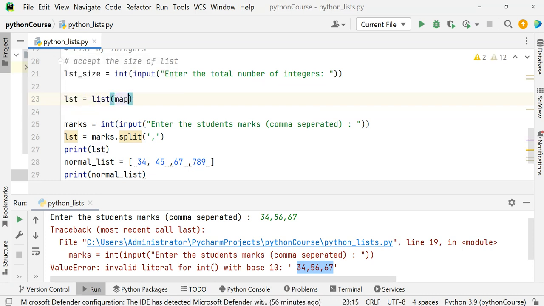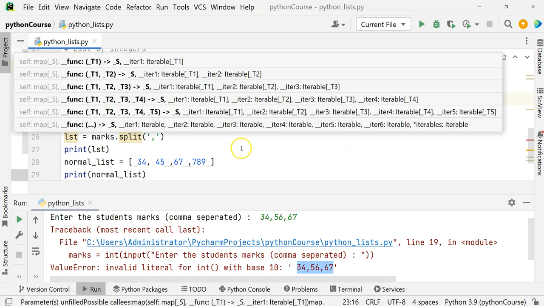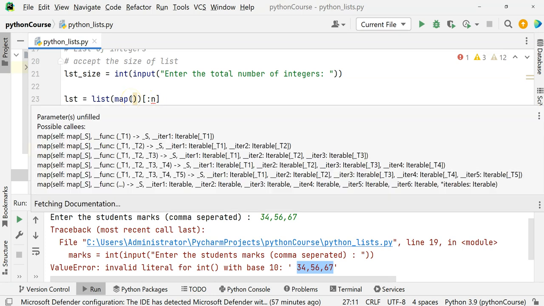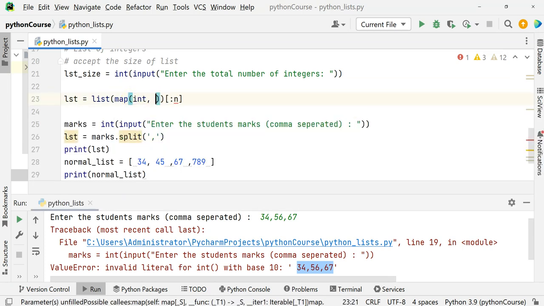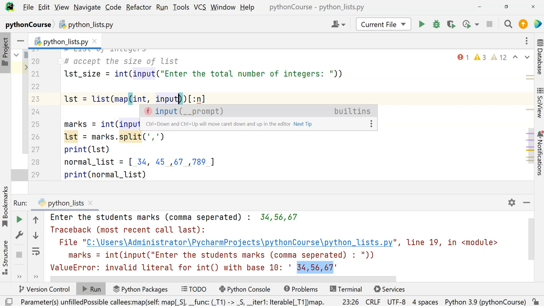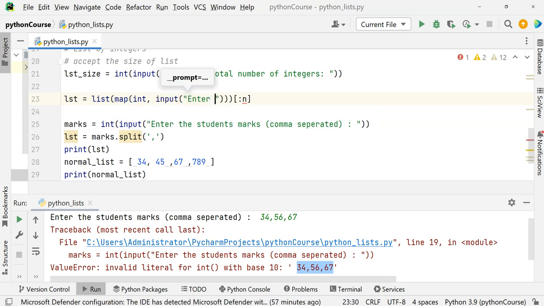Now the list is going to be what? A map. Correct. A list is going to be what? Map. And then this list will have the dimension what? 0 to n. This is a list. Let me show it like this. This is a list. It will have the dimension this, and then whatever the user is going to provide, right, that will be converted into map. We will see that map function in detail, right? The map is of integers, and then we will give the user,